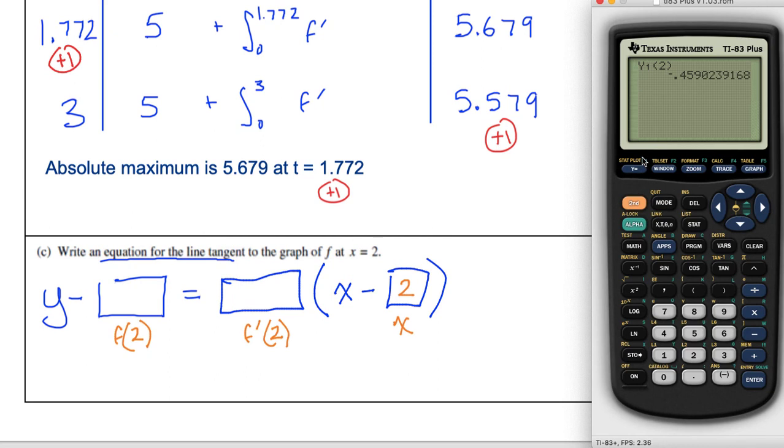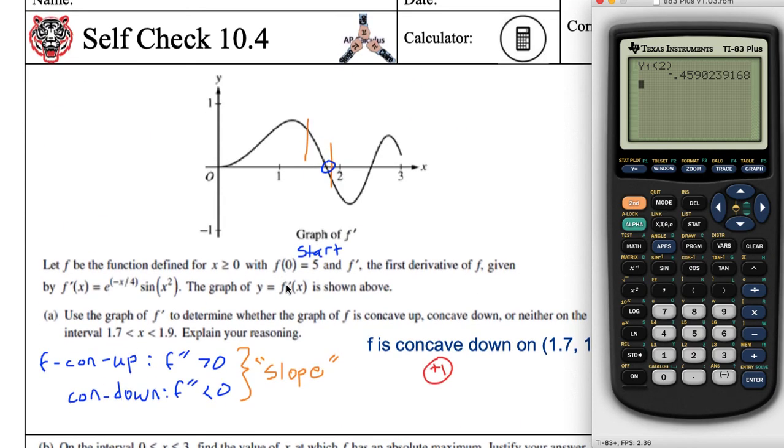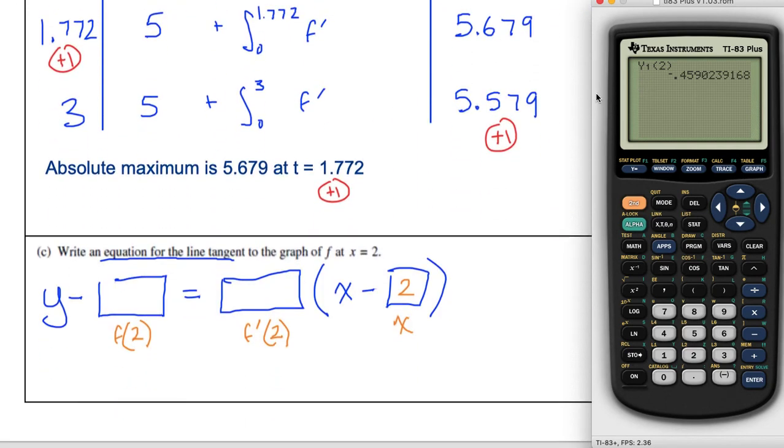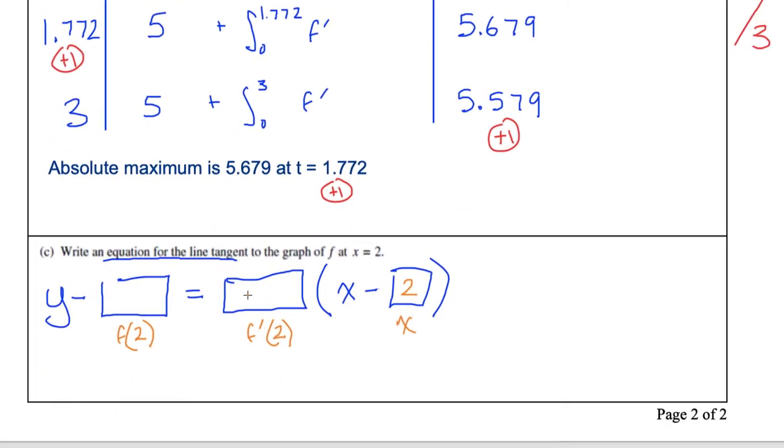Oh, that's f prime of 2. Ah, dang it, that's still the answer for f prime of 2. Yeah, I was doing this one. You're right, that's the easier one to do. I should be careful. That is f prime. It told us that's f prime. Thank you for the catch. So this is f prime of 2, which is negative